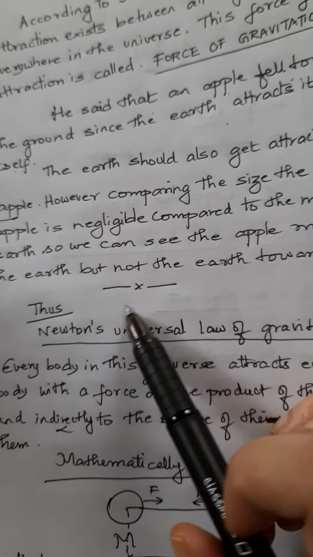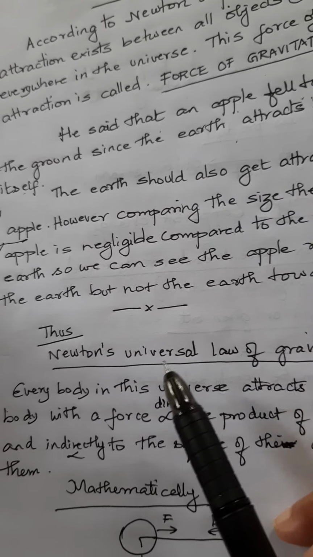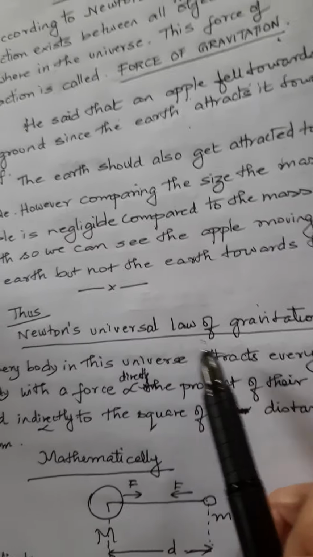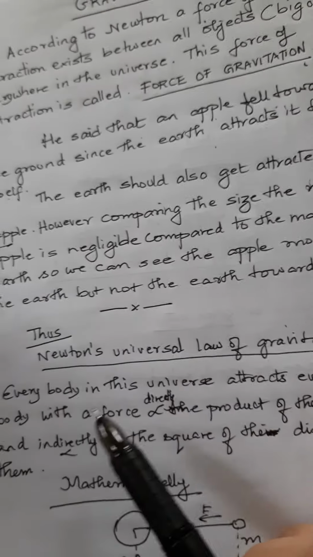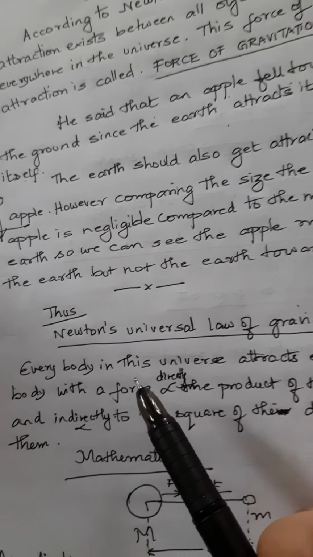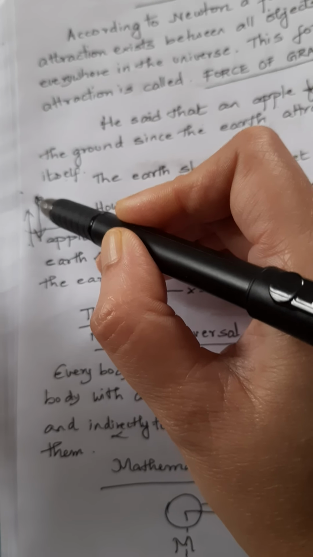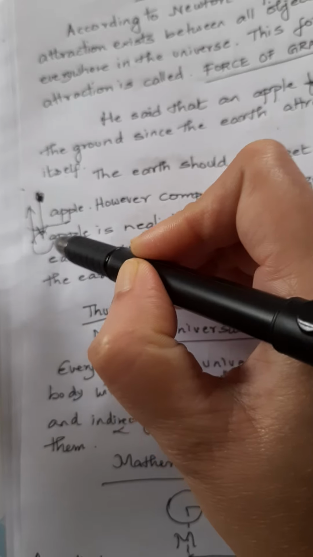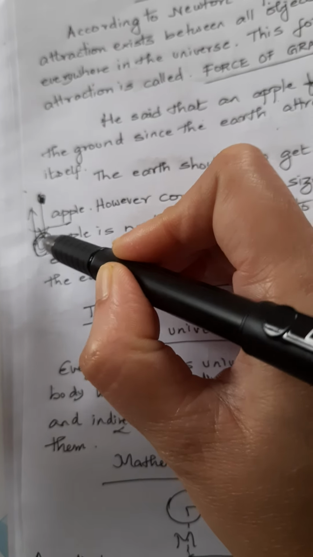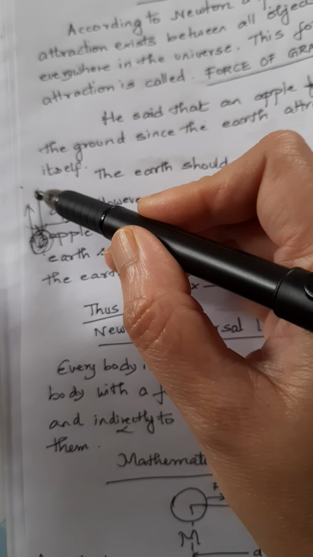Thus we have come to Newton's universal law of gravitation, which states that every body in this universe attracts every other body with a certain kind of force. And this force is directly proportional to the masses of the two bodies, and it is inversely proportional to the square of